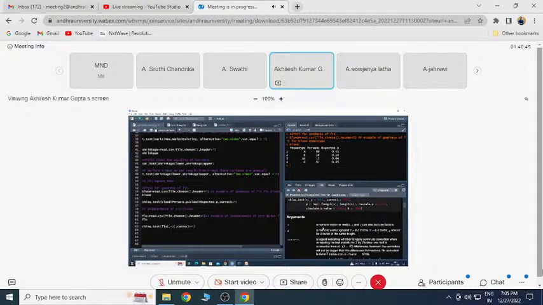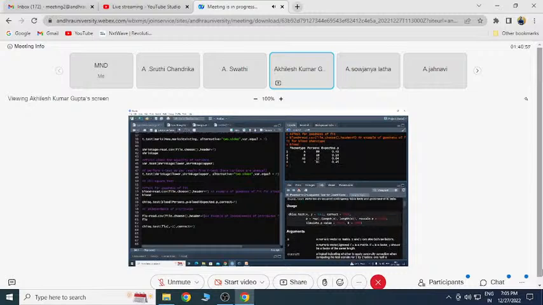So x is a numeric vector or a matrix. You can directly give it as a matrix when you do a contingency test, we will see later on, but here you can give a numeric vector. And for the expected frequency calculation, you have to give the p value. P means probability value. By default it is given here, but here we have our expected probabilities. So we will give these two vectors into our command and perform the chi-square test.